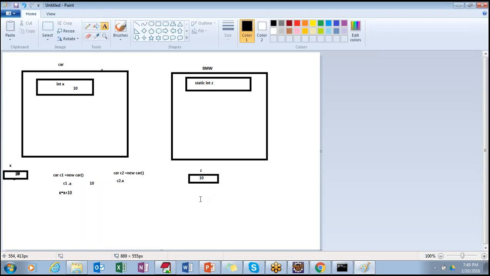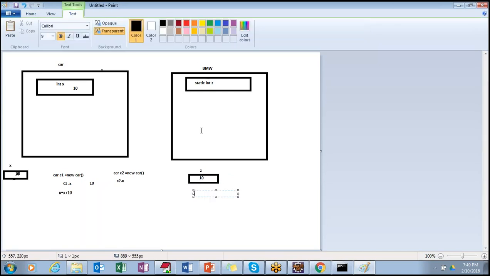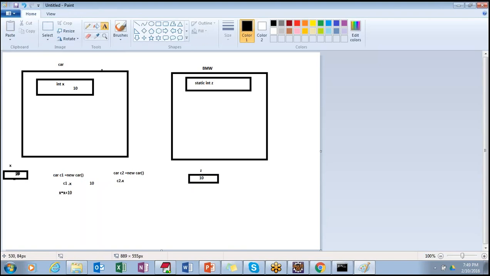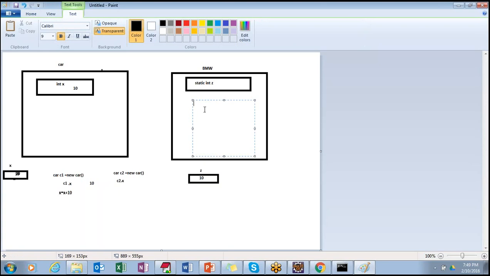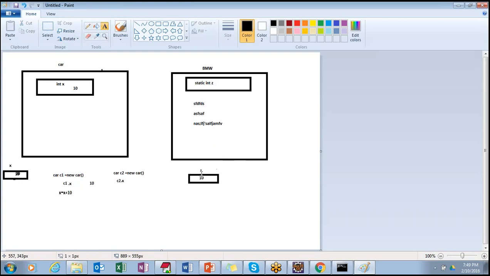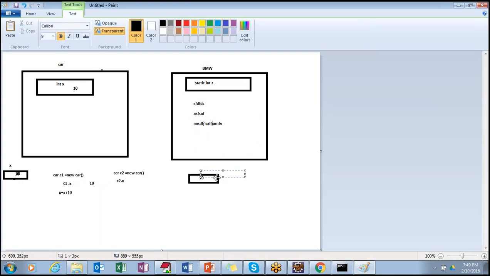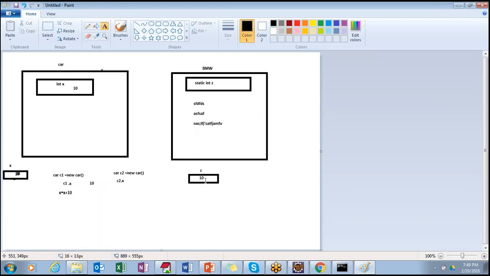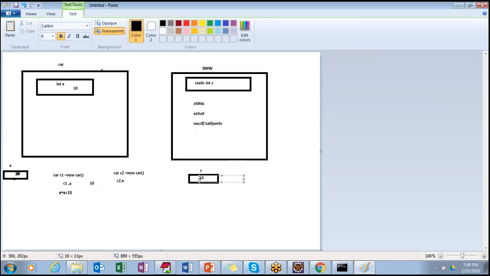So my code is executing and doing a lot of manipulations, updating the value from 10 to 20, 20 to 30, 30 to 40. There is a method which does a lot of stuff internally. It uses this z and updates the value of z from 10 to 20, 20 to 30, 30 to 40, and 40 to 50. So the memory here gets updated again and again, right?